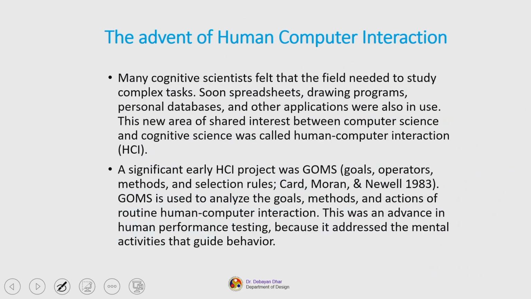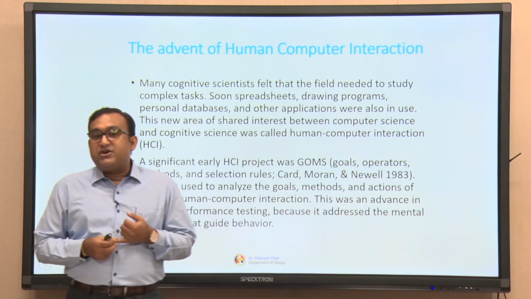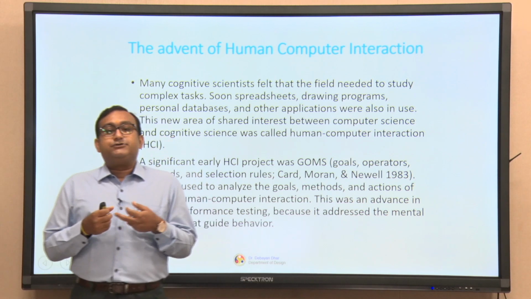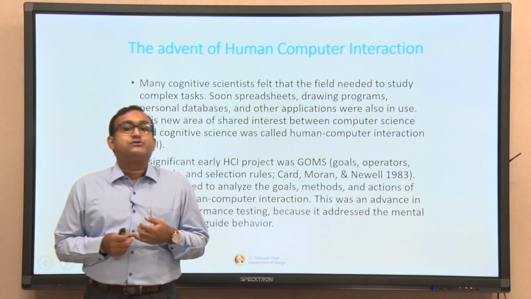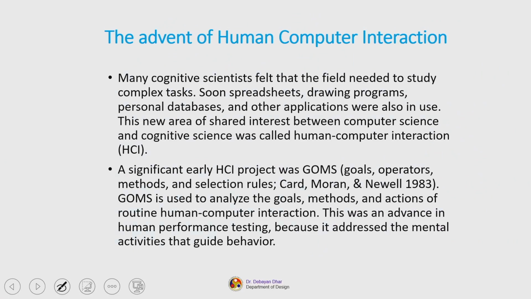Now, many of these cognitive scientists felt that the field needed to study complex tasks. Soon, spreadsheets, word processors, drawing programs, personal databases and other applications were also in use. This new area of shared interest between computer science and cognitive science was later called human computer interaction, or